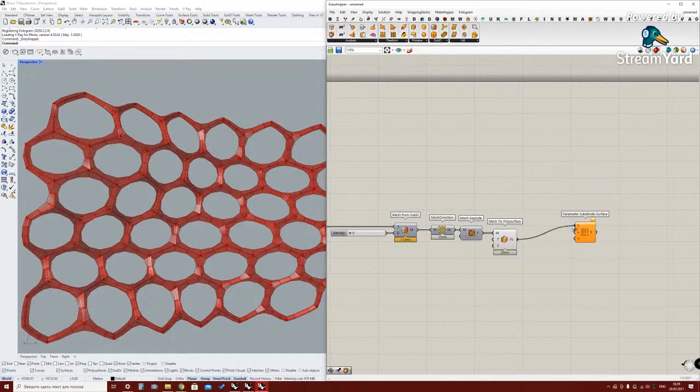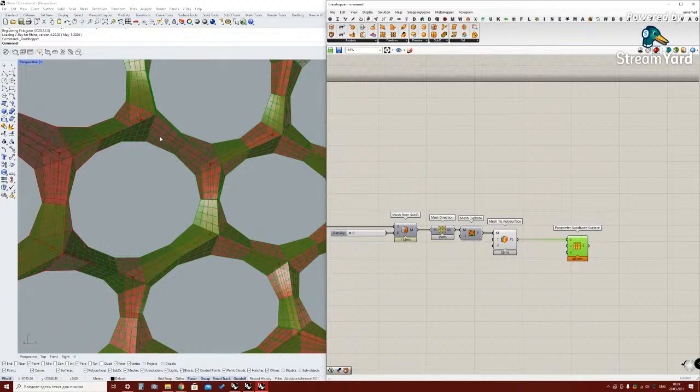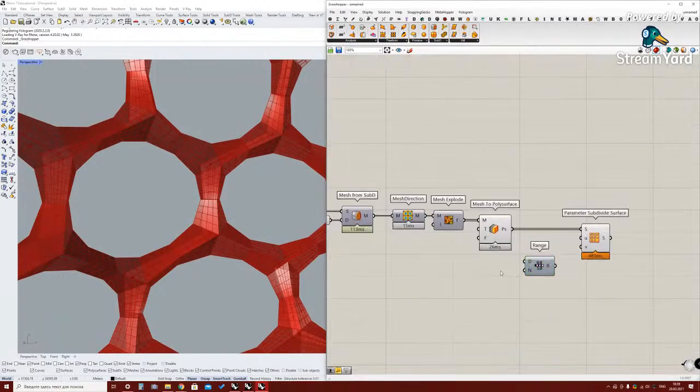Here it is. And I will subdivide the surface in one direction, with one curve in the middle. Let's do it. I'm going to do it using the range component with one step